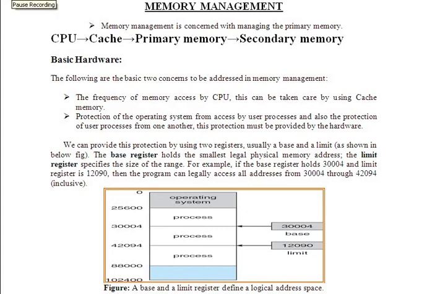Dear students, today we will see the memory management concept. When we talk of memory management, it is all about primary memory management itself. We all know the different types of memories available. Cache is one type of memory, the primary memory is another one, and secondary memory is the third one.